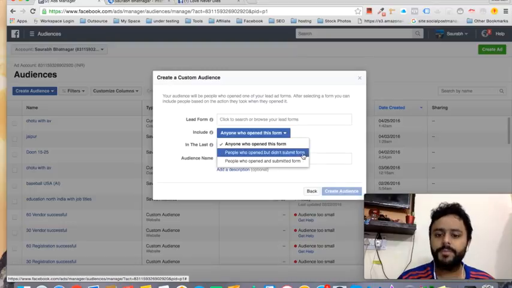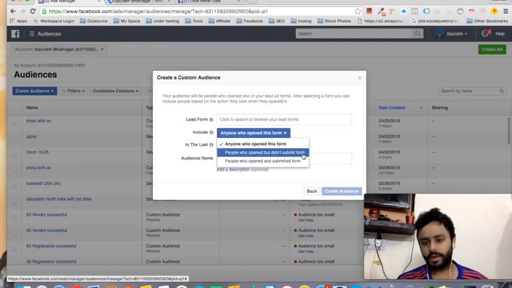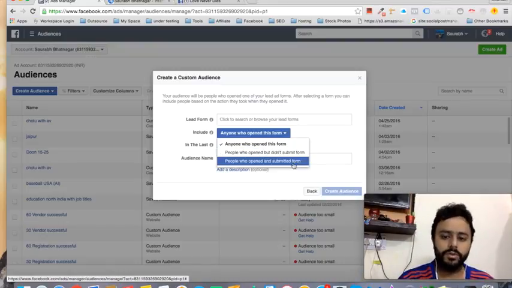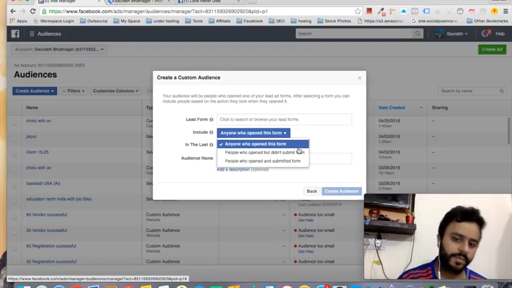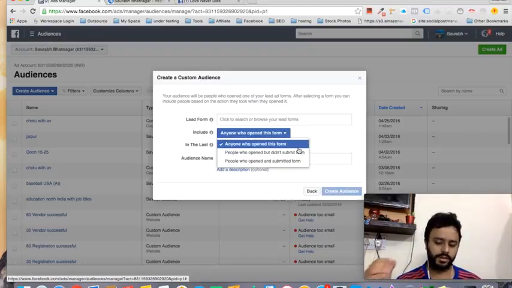And the people who did not submit, these are the people whom you would like to target. It completely depends upon your campaign, but maybe those who also submitted the email ID you would like to target via your remarketing campaign as well, but it completely depends upon you. But Facebook is giving you the option to remarket to those who did not submit the email ID, but yes, they opened the ad.